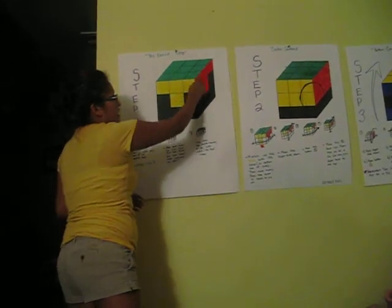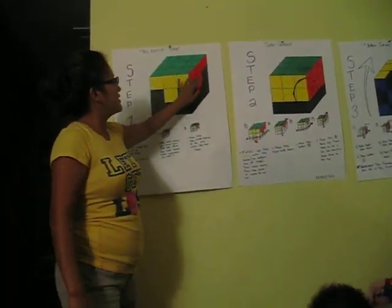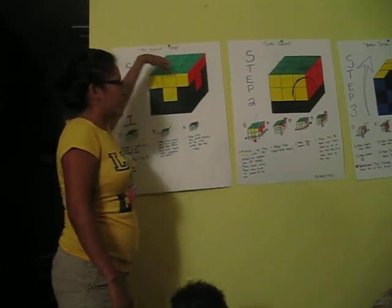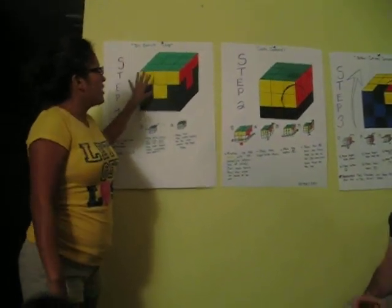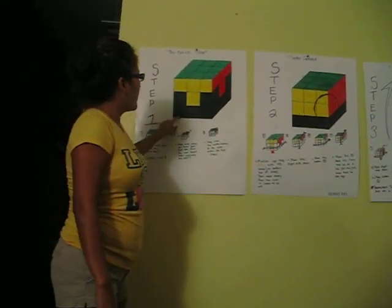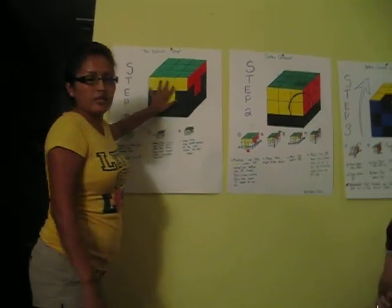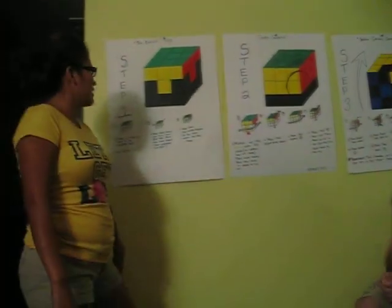The thing to remember about this is there always has to be a T on each side of the Rubik's Cube. So as you can see here, there's a yellow T, a red T. There's also going to be a blue and a white T on the other side, but you can't see that. This is important because whatever color is in the center is the color that's going to be going on around the outside. So this is going to be obviously the yellow square, and this is going to be the red, and that's going to be the orange. The way,